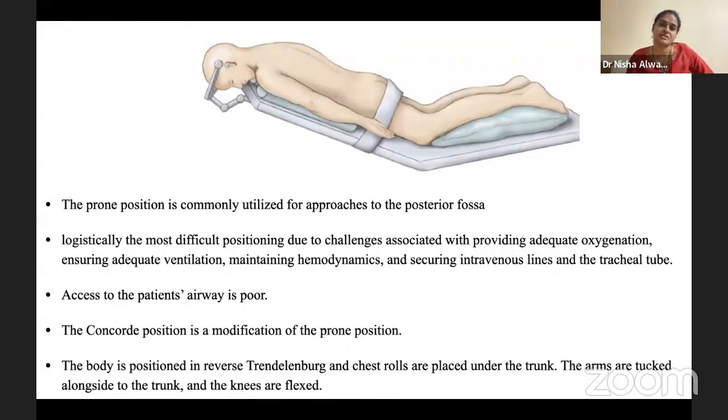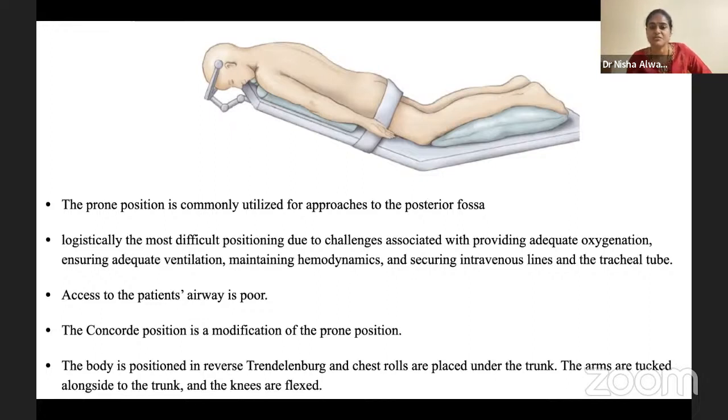The body is positioned in such a way that the hands are tucked to the sides and there is a flexion. Here again, you can see the chin is almost closer. The more the head is flexed, the more chances of tongue edema. So you have to insert the finger. You should see that there is at least 2 finger breadth between the chin and the sternal notch. That is an important point. This is the 3-pin head fixator that I was talking about.